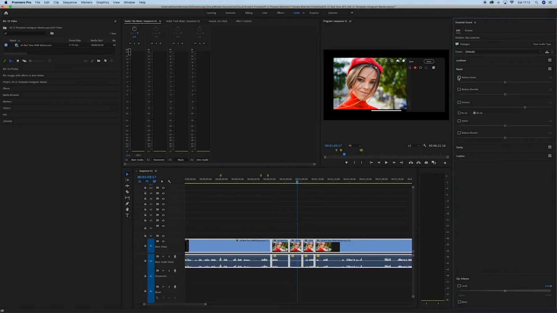If I just press this reduce noise, like magic, it's gone. Now you can play around with these controls if you want to, so let's bring it all the way down to 0. Get to a level where the noise is gone. You don't want to overdo it and affect the person's voice, just enough so that it gets rid of the